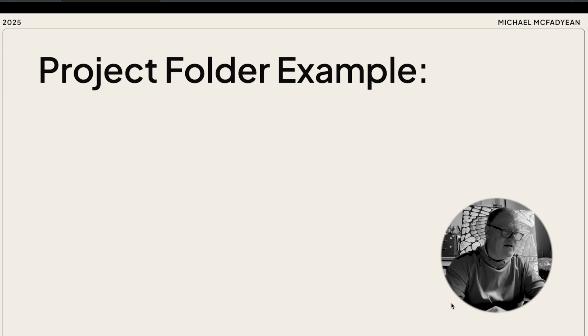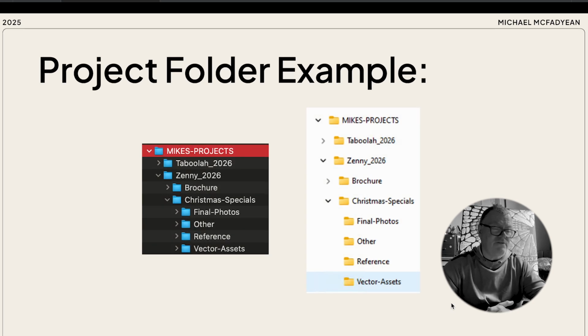So here's an example of both Mac and Windows, a good file and folder structure. You can see there's an overall folder, Mike's Projects, and then there's client names with years attached to them, and then what type of job it was, so Christmas specials, and then subfolders with final photos, other reference vector assets. So it's quite a nice folder structure, and if you use that together with your file naming convention,